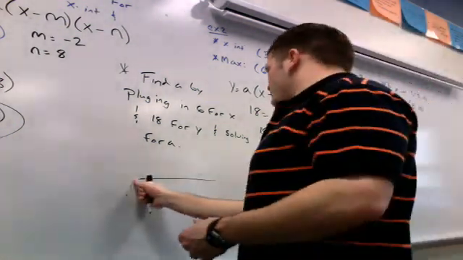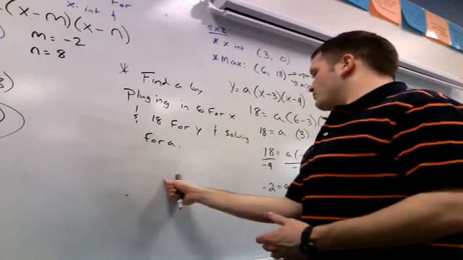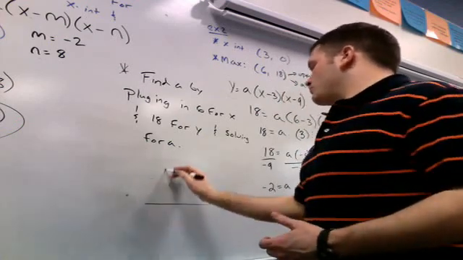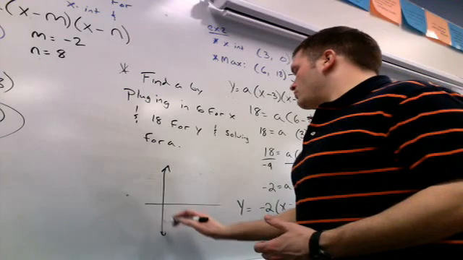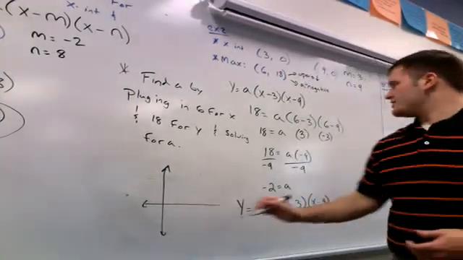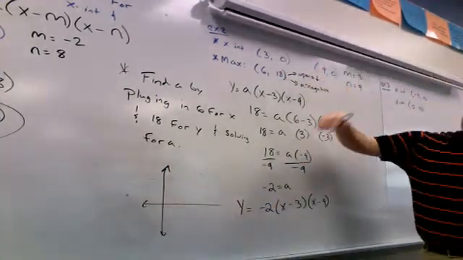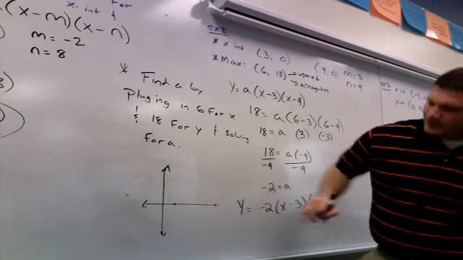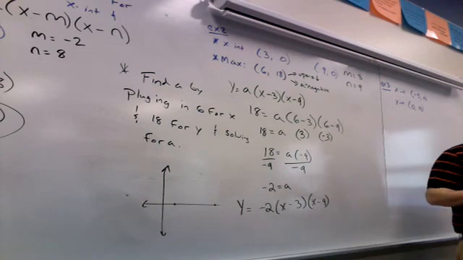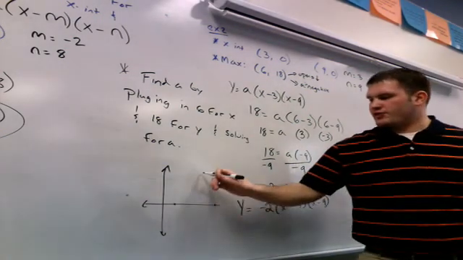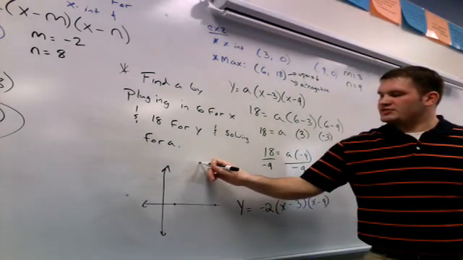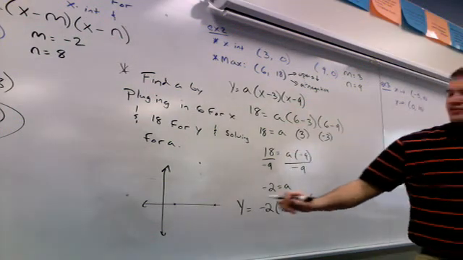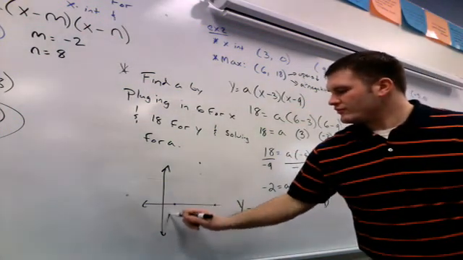Oops, that's a little too high. Okay, we know it crosses at 3 and 9, right? So that could be 3. That could be 9, right? 6 is going to be halfway in between those. That's going to go up to 18. So my graph,